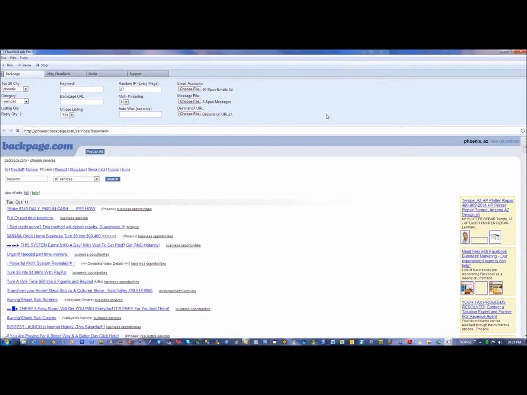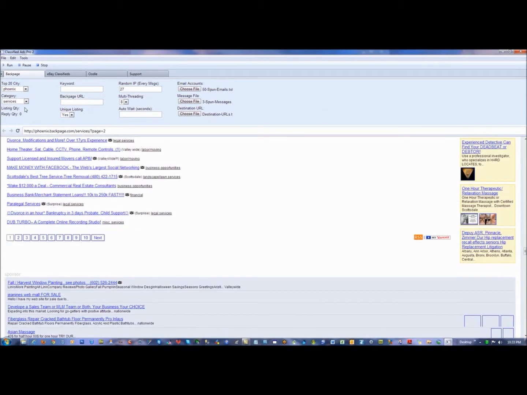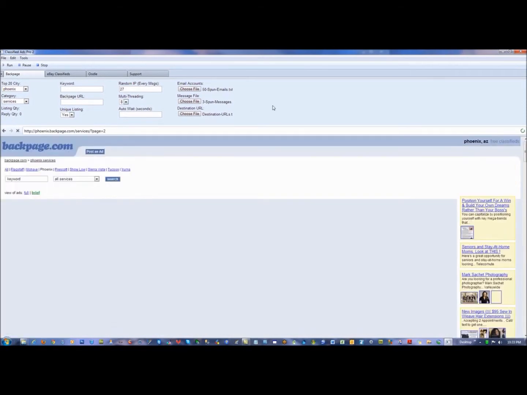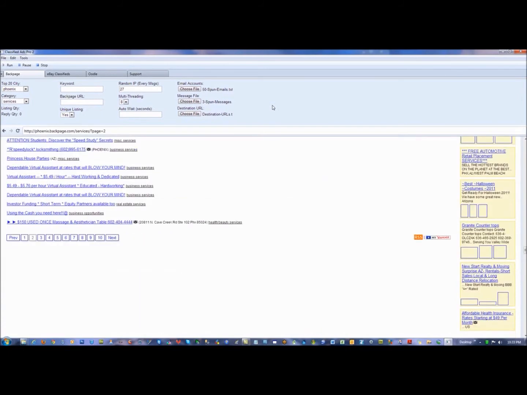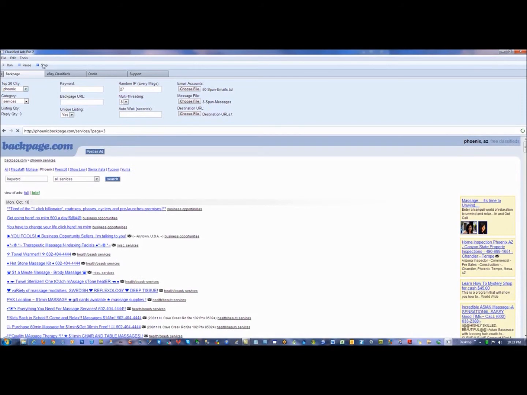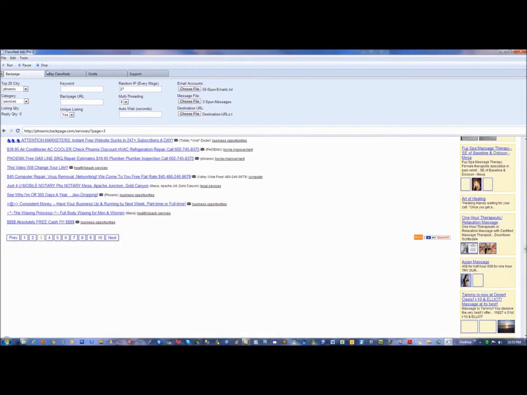Now what it's going to do is go through all those pages of results, or several of them. It's going to go for all the listings, which should be all those pages, but if you have it set to 8, it's kind of glitchy, and so it might stop early. Don't know. 8's kind of glitchy right now, so if it stops prematurely, you can just stop it or pause it or whatever, restart it, go with lower multi-threads,